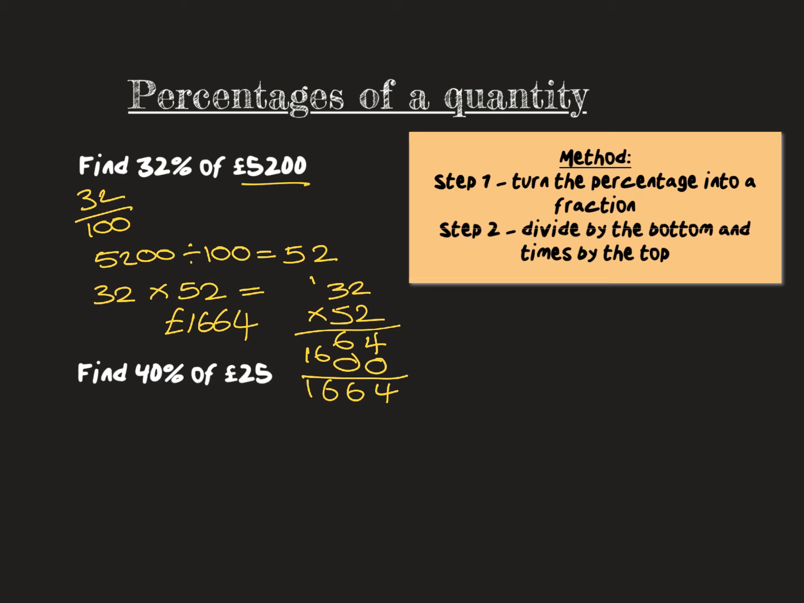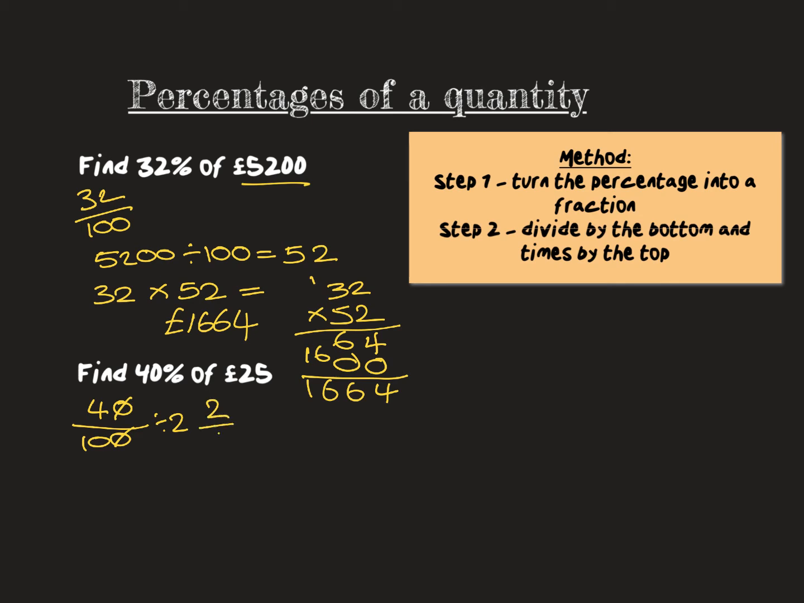Now, in this next example, we're asked to find 40% of 25. If we take our step 1, we would change that to a fraction of 40 over 100. But we could also simplify that by dividing both by 10 and say that's actually 4/10. Now, I'm looking at £25 and thinking, 25 divided by 10 is not particularly easy. We could just move the decimal point, but then I'm going to have to do a decimal multiplied by 4. So I'm going to simplify this further by dividing by 2